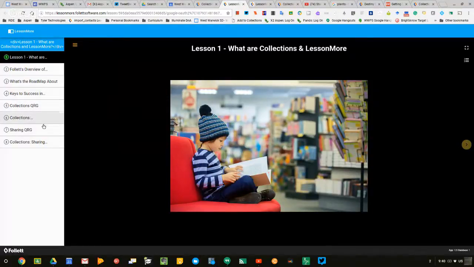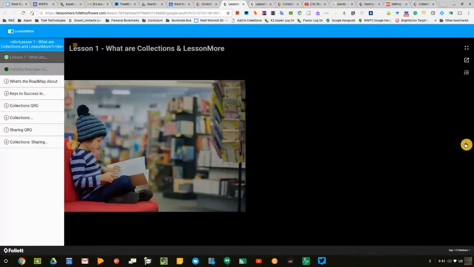This allows you to create a kind of step-by-step process for anyone, kind of like a lesson plan, right? Where you say, okay, this lesson is on lesson 1, what are collections, and LessonMore. Notice there's a right arrow here. There's also a menu bar here. These are called slates. They're like Google Slides, right? And the first slate is just the title. And then the second one is